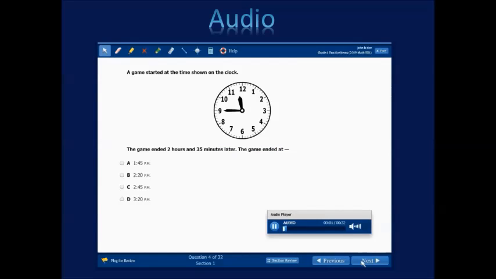A game started at the time shown on the clock. Please refer to the clock on your screen. The game ended 2 hours and 35 minutes later. The game ended at